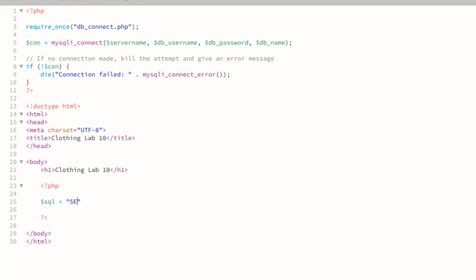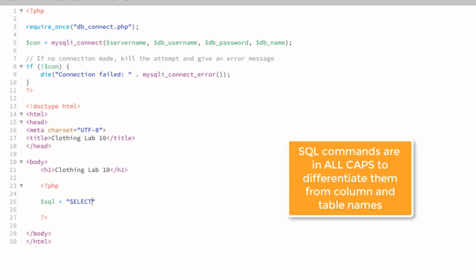And because it's a variable, we've got the equal sign and then the quotation marks. We're going to use SELECT, which is exactly what it means. It just means select the data. Now notice it's in all caps. This isn't necessarily a requirement, but it is something that we do out of common practice so we can identify the actual SQL commands